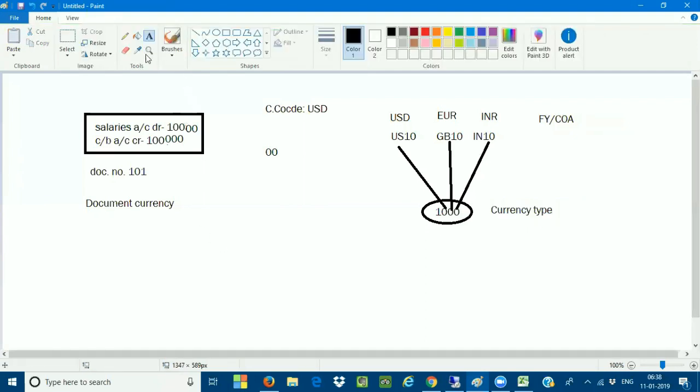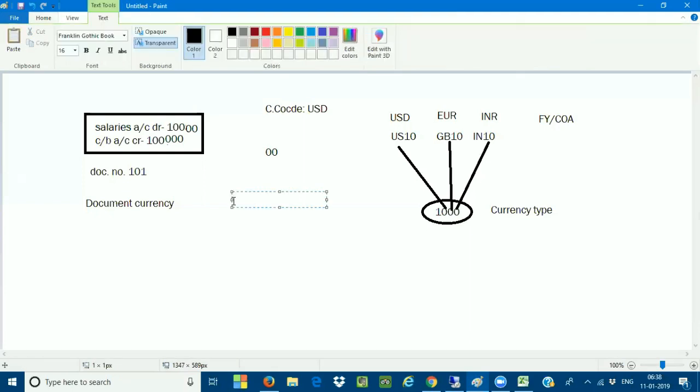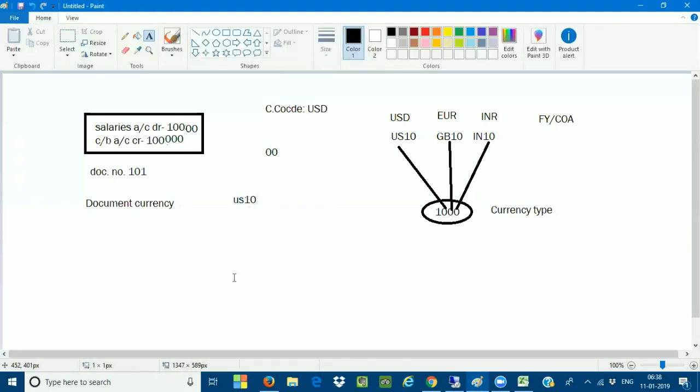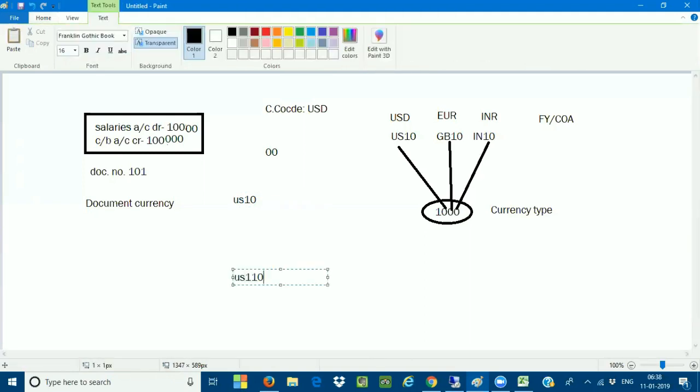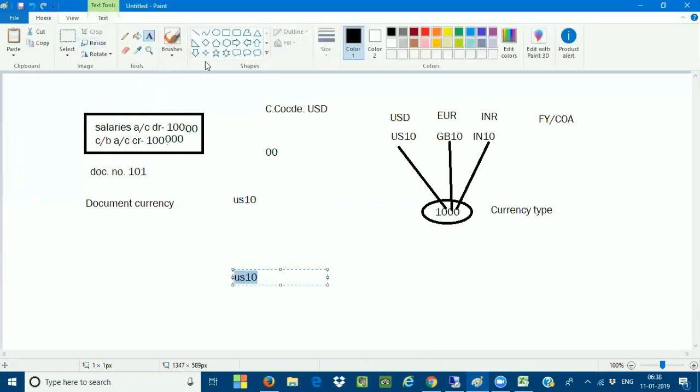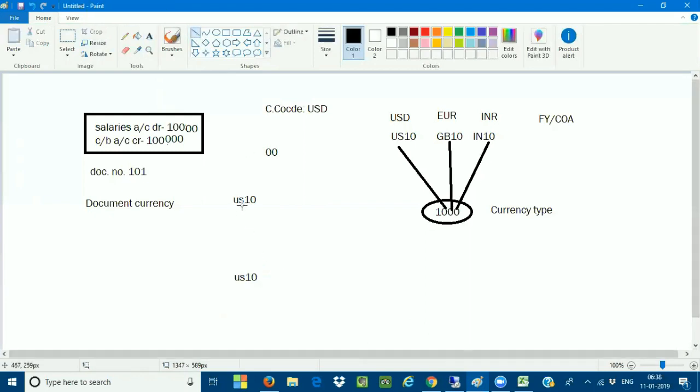So if there is only one company code, Mr. Rahul, the same company code has been assigned to my same controlling area. I don't have another company codes. This is called a one-to-one relationship. Only one company code is assigned to one controlling area. So my company code is same as my controlling area.